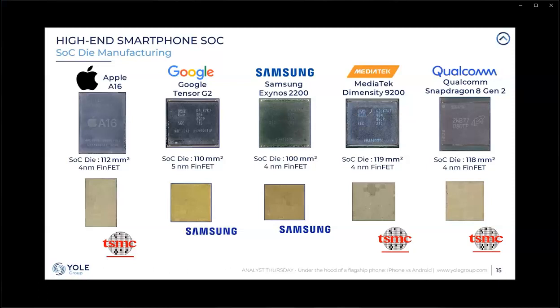And in our teardown of the Galaxy S23 smartphone, we also see that Samsung is using the Qualcomm Snapdragon 8 Gen 2 to power this phone model, which means that, sorry, Samsung is using TSMC chips to power their smartphone model instead of using their homemade chips.